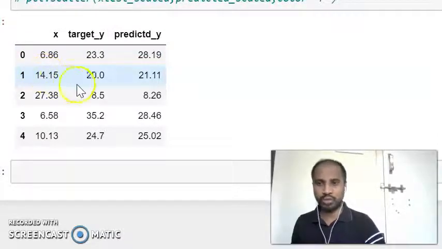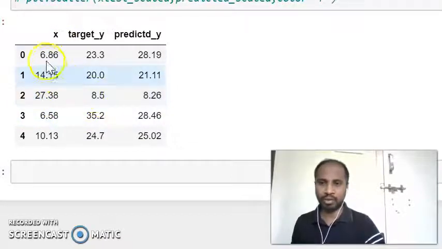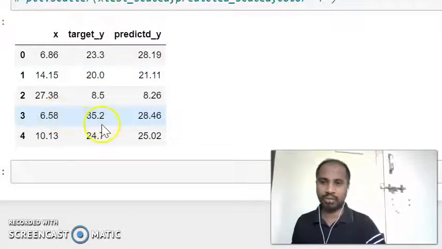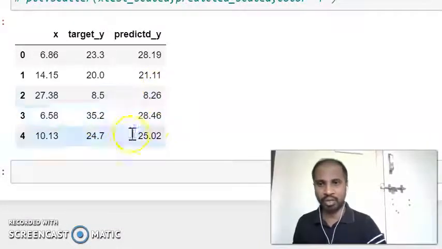For 14.15, we can see the target is 20 and the predicted value is 21.1. When x is 27.38, the value is 8.5. So you can easily see that when x is increasing, the target value is decreasing. For 6.58, it is 30.552, meaning when we have a lower x, we have a higher target or predicted value.